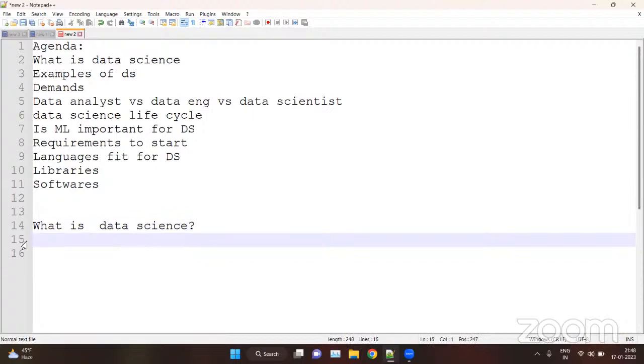We can say that data science is a domain of study where we deal with a large amount of data. The main purpose of data science is to analyze the huge amount of data.